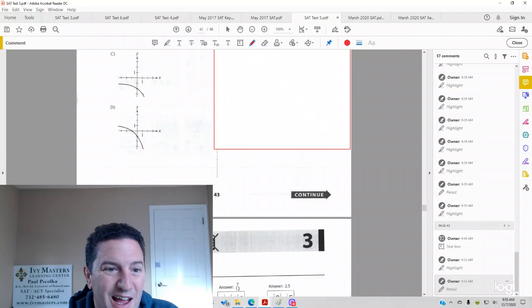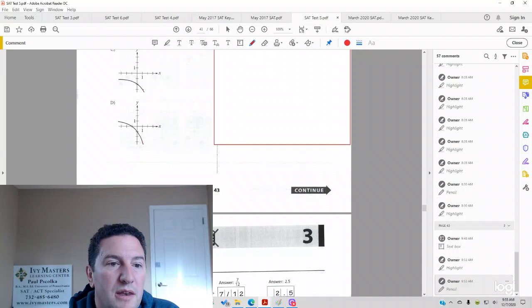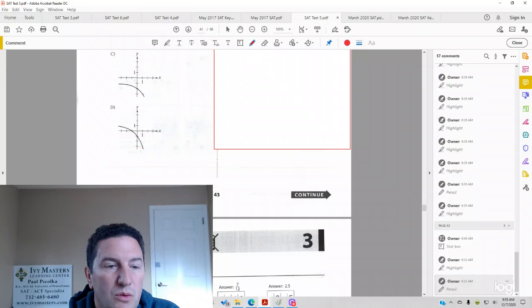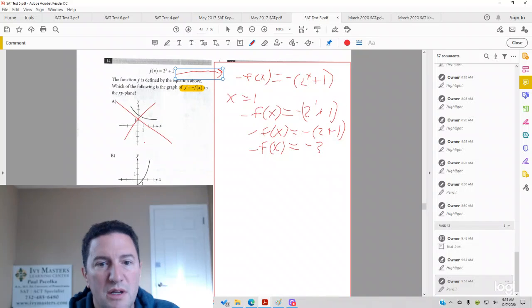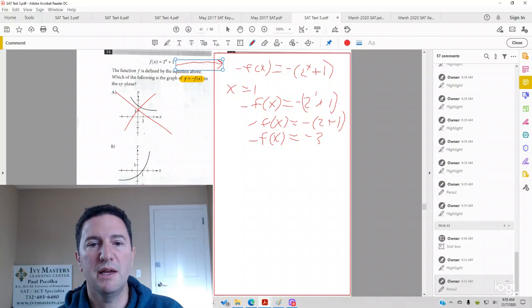So we need the tiebreaker. We need what is going to work in maybe answer choice C and not D, or D and not C. And if you notice, when you plug 0 in for x, you should get negative 2 if C is your correct answer, and you should get negative 1 if D is your correct answer, because that's where the line goes. So now what I'm going to do is I'm going to plug 0 in for my